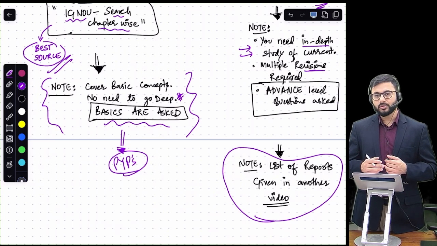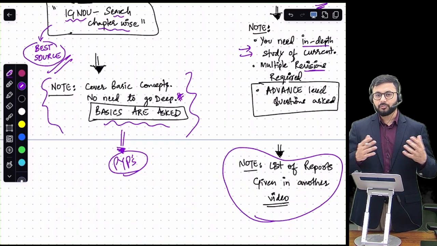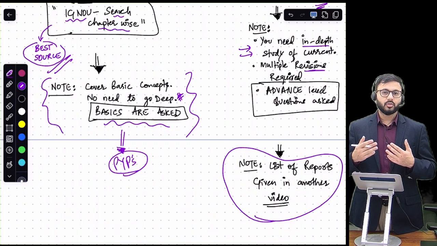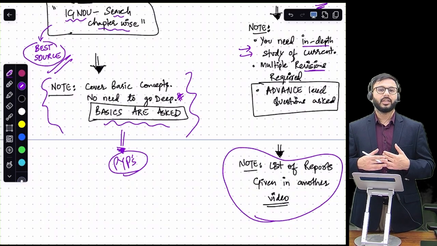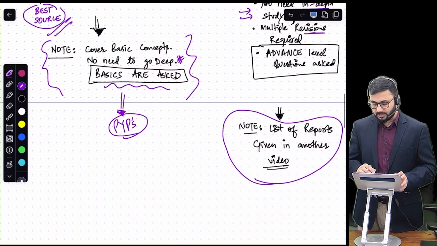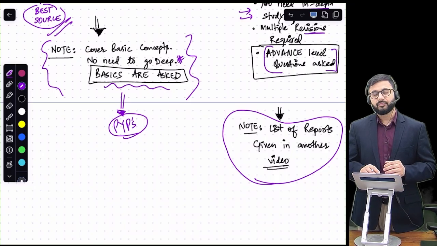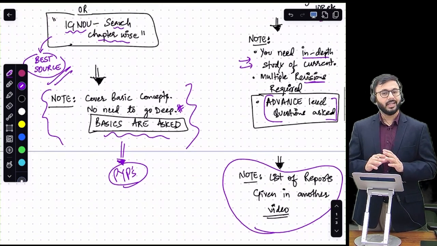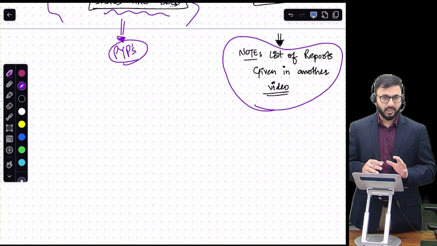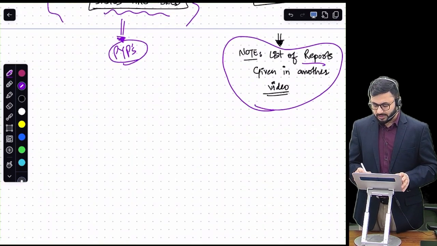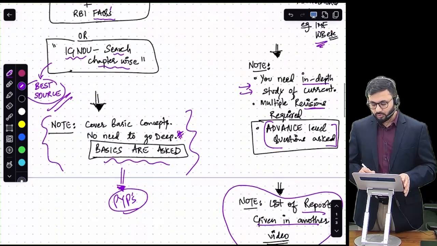Multiple revisions are also required because the content is a lot, the information is a lot. In order to remember, recall all of this information, all of this content, you need multiple revisions. आपको multiple times revise करना पड़ेगा. As I said, advanced level questions are being asked. इसलिए आपको अच्छे से इसको पढ़ना है, इसको आप इग्नोर नहीं कर सकते, और इसमें बेसिक्स भी पढ़ोगे तो काम नहीं चलेगा. ओके, लिस्ट ऑफ रिपोर्ट्स एज आई सेड आर गिवन इन अनदर वीडियो, जो मैंने लास्ट वीक ही बनाई थी,